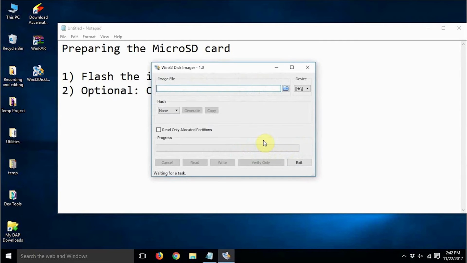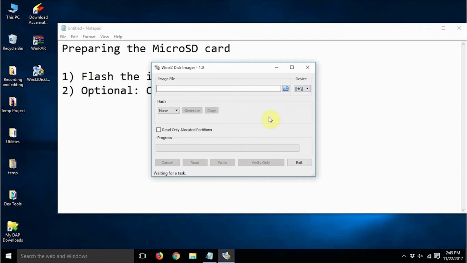Just click yes. At this stage you need to make sure that no other external storage device is connected to your computer. External storage devices mean something like an external portable hard disk as well as a cell phone with a micro SD card. This is because in case those devices are connected and you choose the wrong device here, all the data on that device will be overwritten. So make sure that only your SD card reader writer is connected to the computer.